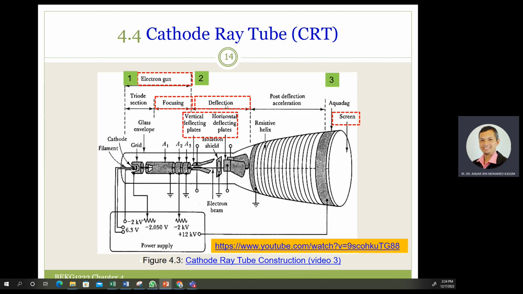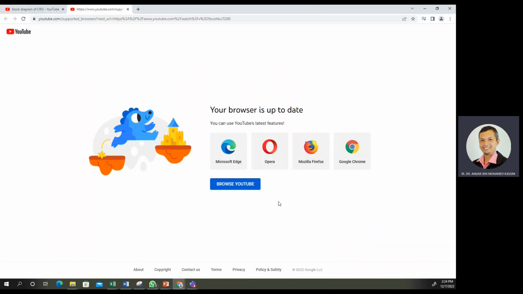And there are the vertical deflection plates and also the horizontal deflection plates, in order to go to the right, the horizontal and the vertical, and until the screen. You may also check the YouTube video about the